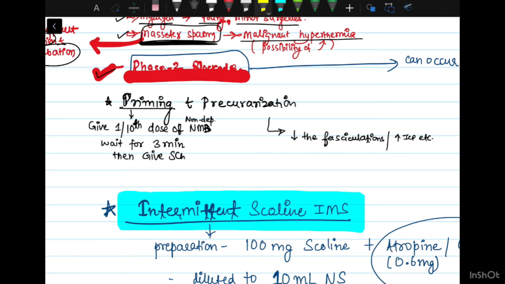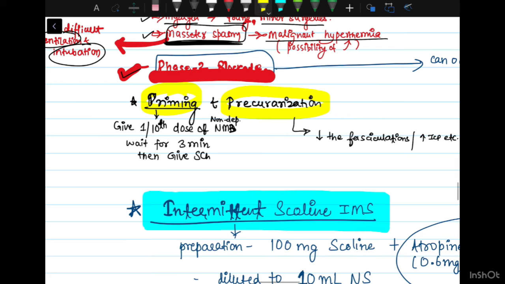It is priming and pre-curarization. What is priming? You give 1/10 dose of a non-depolarizing neuromuscular blocker. Suppose you're giving vecuronium, the loading dose is 0.1 for vecuronium. If you divide by 10, that is 0.01 mg per kg. If you give this dose of vecuronium or rocuronium or atracurium, that means 1/10th dose of any of those non-depolarizing agents,